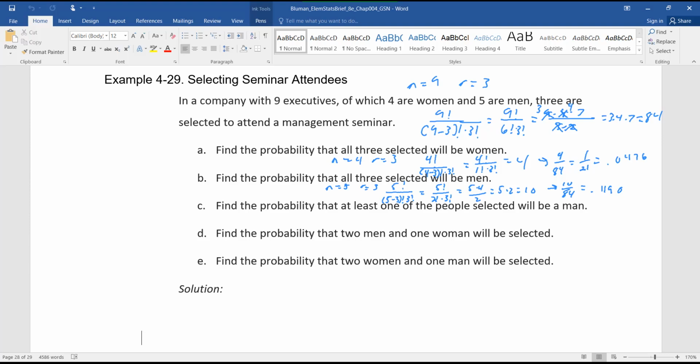Part C then says find the probability that at least one of the people selected will be men. So it's a lot easier to figure out what's the probability that none of them will be men. Now we haven't done that, so we're gonna have to do that work here. So again, if we didn't do the complement here and we went through this process that at least one would be a man, I have to find out how much exactly one man gets chosen, how much exactly 2 men get chosen, find out the probability that 3 men get chosen, add those results up, and then divide that by the 84. None being chosen, and subtract that from 1.